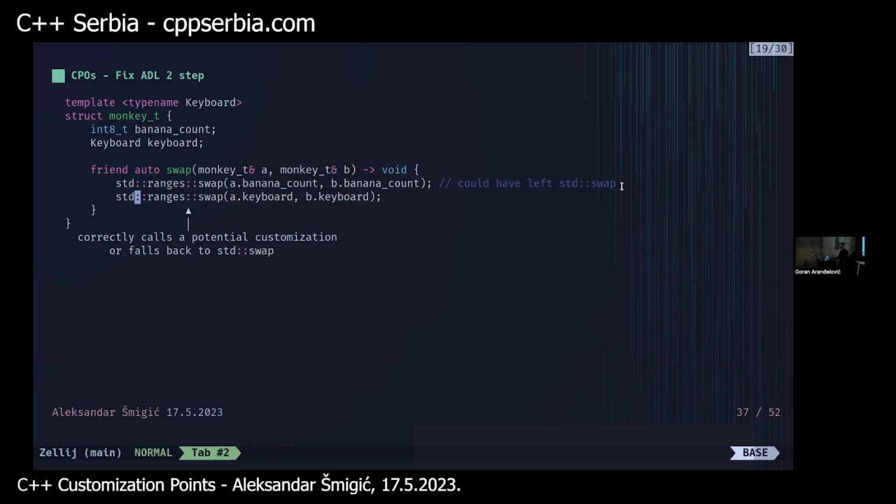I think there was a talk a few months ago about ranges. Whenever you have some algorithm in the STL, which usually accepts a begin and end iterator, the ranges give you a nicer interface where you can just pass the whole thing and it will do the begin and end for you. So my point was that swap isn't the only one. Basically, everything in the STL is duplicated. Yes, but okay, I understand std ranges sort, or std ranges begin, but swap is like, yeah, but here there is a